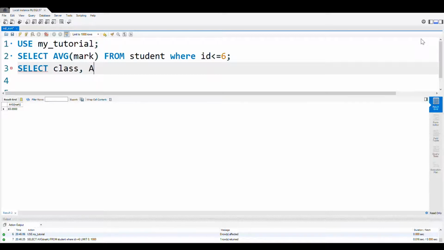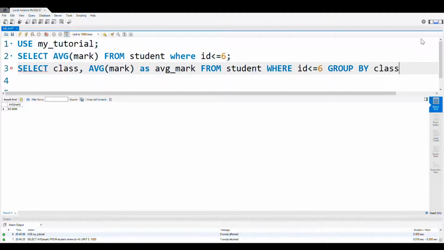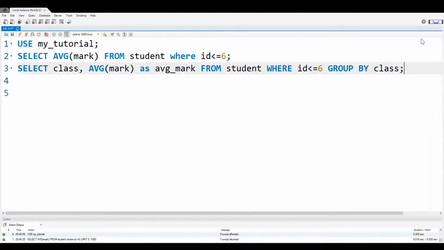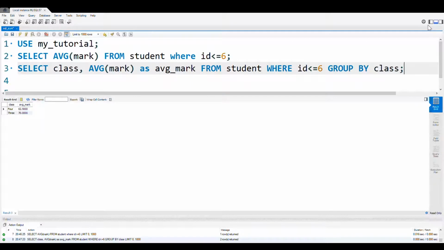Now average mark, let us call it average mark, from again student where ID is less than or equal to 6. We are using 6 records only. Now we'll give group by our class column. So here is the output.